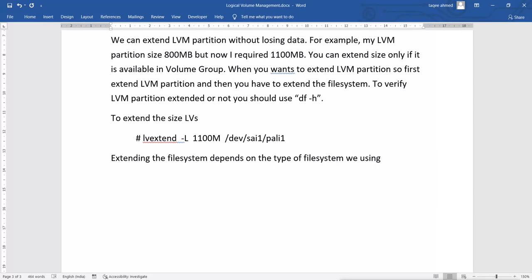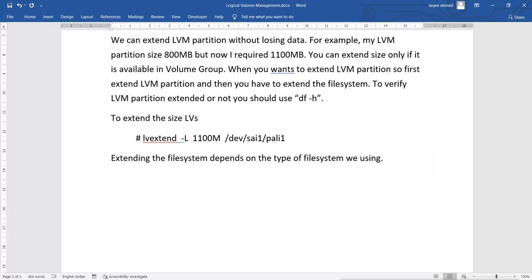Not only extending, I will also show you shrinking, that we can shrink the LVM partition also. Extending and shrinking both depend on the type of file system we are using. So which file system are we using right now? We are using the XFS file system.